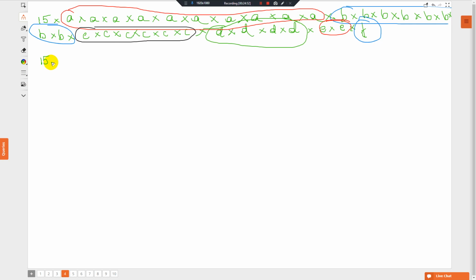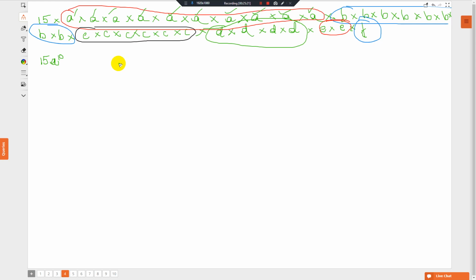Just A. So write A. How many times? 1, 2, 3, 4, 5, 6, 7, 8, 9 times. So if there were 3 times, we used to write 3. If they have 4 times, 4; if they have 6 times, 6; but if they have 10 times, we are gonna write